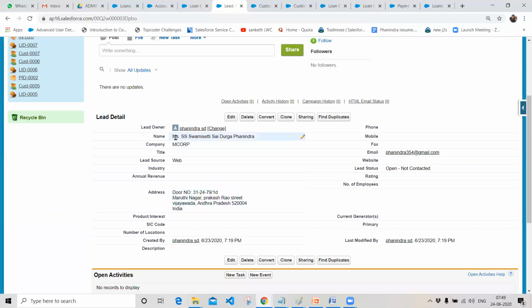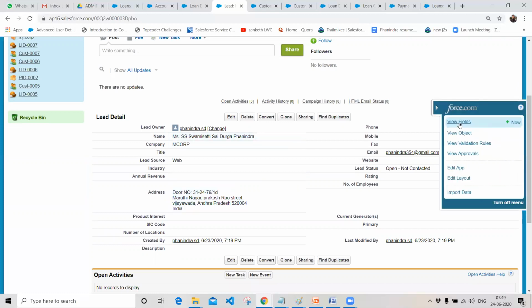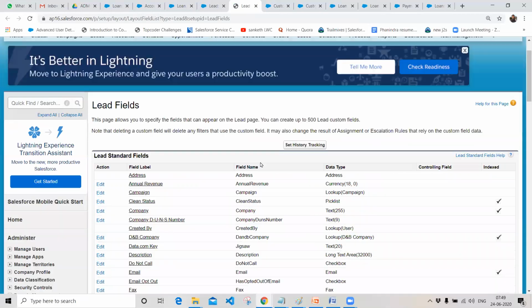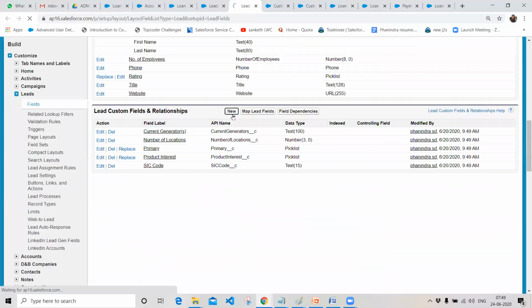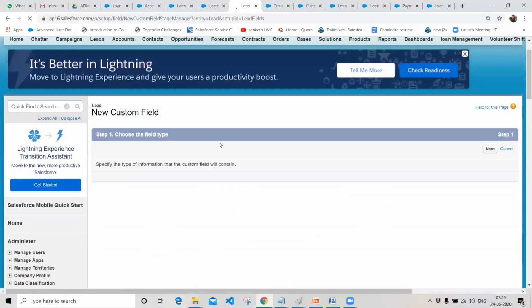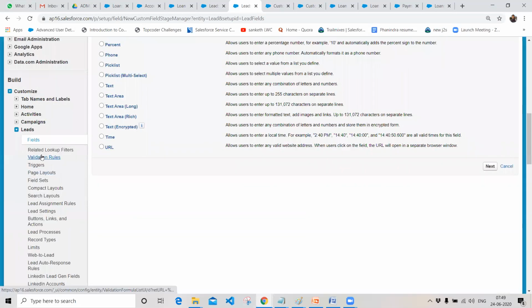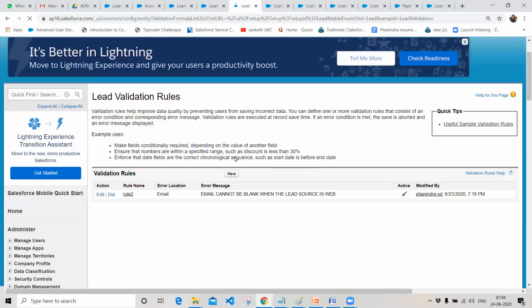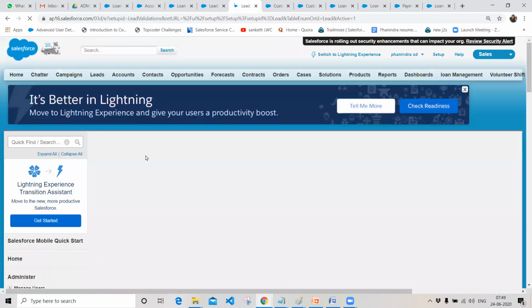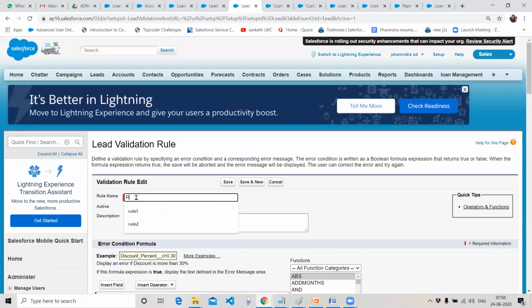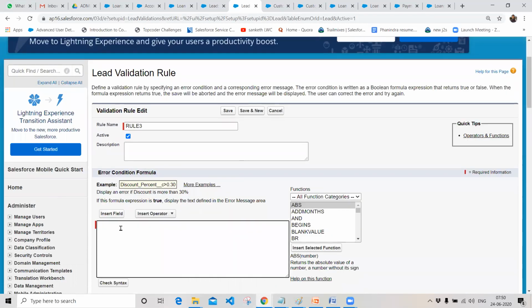Let's say we have a name field over here. It is a simple formula actually. Let's go to the validation rules. You can click on new. Sorry, this is with respect to creating fields. Let's go to the lead object, click on the validation rules and choose your new validation rule. I want to create a rule, rule 3, which I created, and I want to check is blank of